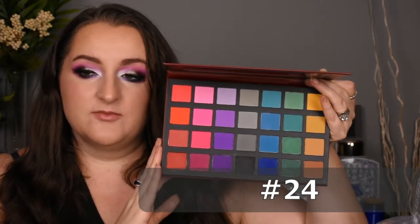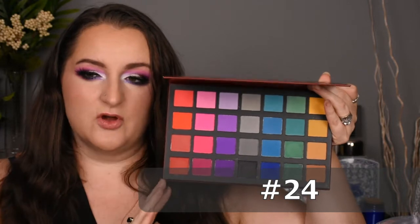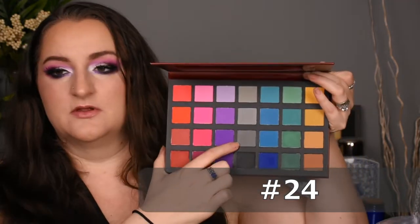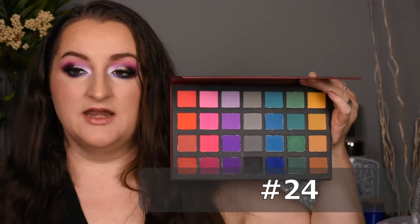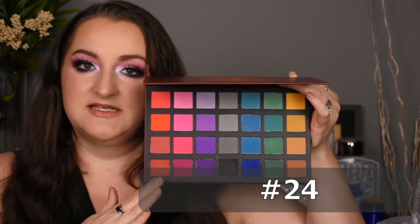The only drawback for me is the fact that I think the shades are too similar. So either you only really need like 2 rows of these colors, because look at these 3 grays, do those look different to you? Even in pan, they really don't look different. So how are they going to look different on the eyes? They're probably not. So I think they either needed a stronger gradient between the colors, or they could have made this about half the size. And so for that reason, plus the fact that he's so problematic and dramatic and a hot mess, it gets